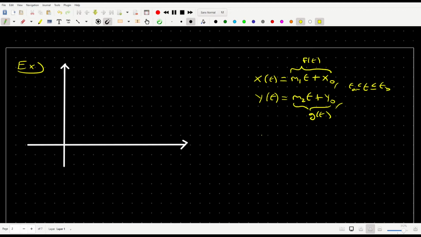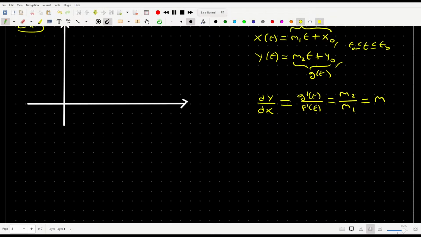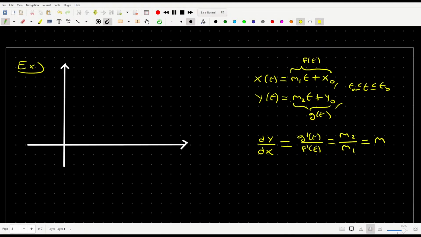Two lectures ago, this was that dy dx is going to be equal to g prime of t over f prime of t, which is going to be just m2 over m1, which is constant if m1 is constant and m2 is constant, which they both are. So this is a constant m,